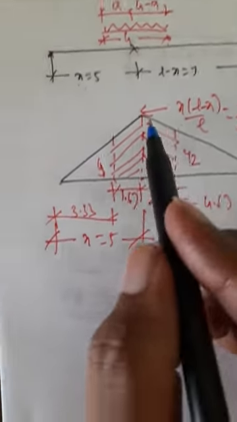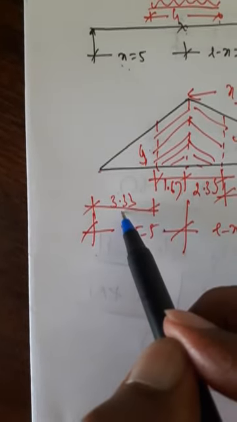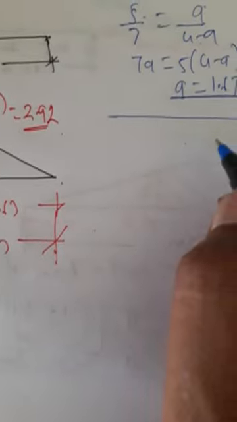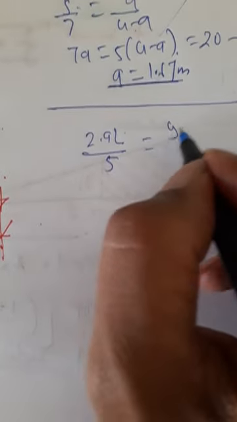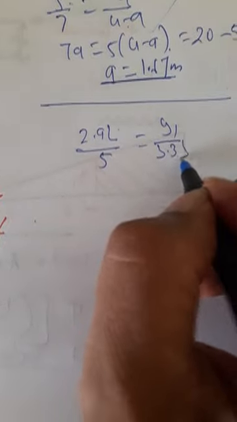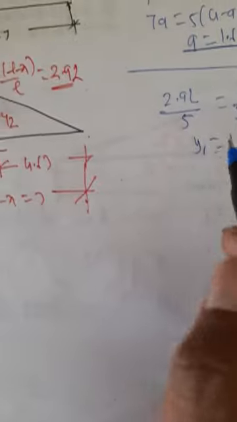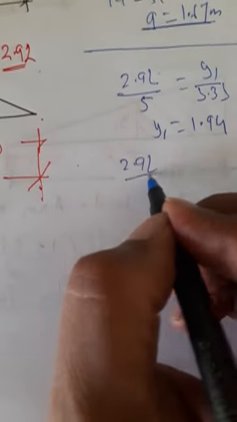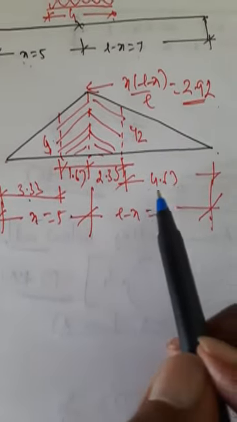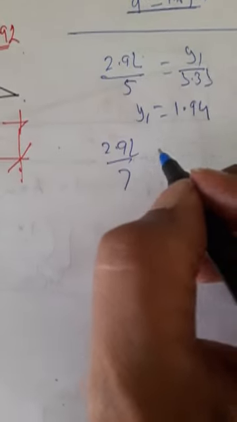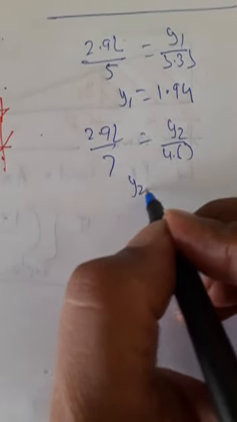So 2.92 divided by 5 is equal to y1 divided by 3.33. So y1 is equal to 1.94. So similarly, 2.92 divided by 7 is equal to y2 divided by 4.67, or y2